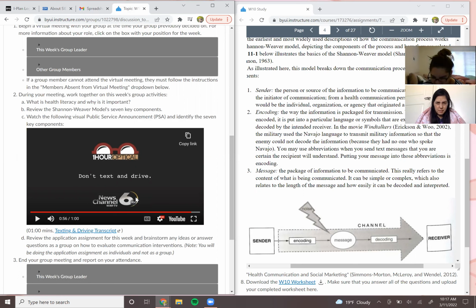So I think the way that this PSA was set up would be for both parents and teenagers that are driving, because then they would get that kind of empathy for their friends, because it showed the teenager with all of her friends in the car as well as the mom with all of her kids. So I think it channels mainly emotion. Yeah, I agree with that. Like empathy and trying to get, what if this happened to you and you couldn't stop and talk to the person? You never know who's in the other car.